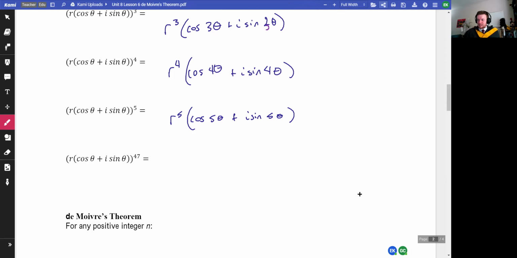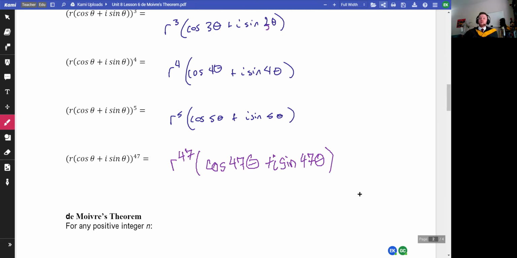R cosine theta plus i sine theta to the 47th. I'm writing it now, but can you say what I'm writing? I can't see what you're writing. What do you think I'm writing? I think you're writing r to the 47 times cosine 47 theta plus i sine 47 theta. All right. Right. This is going to be convenient,